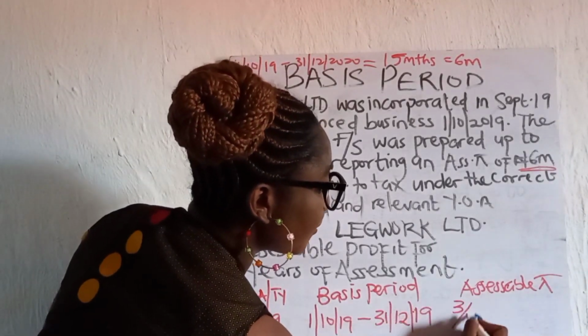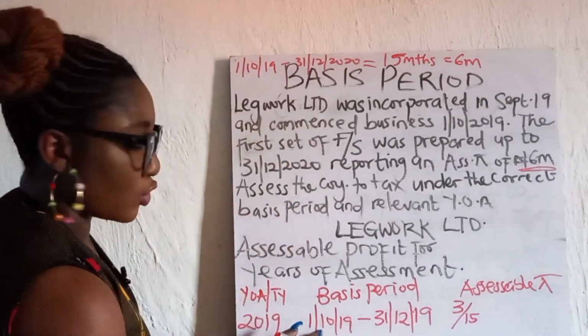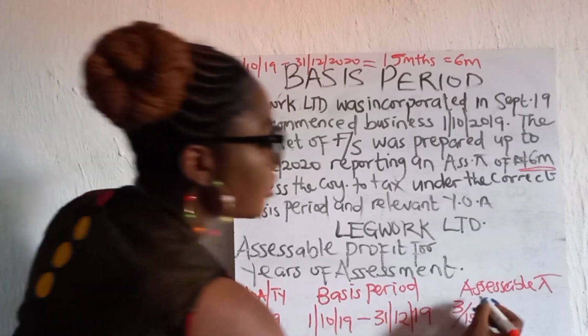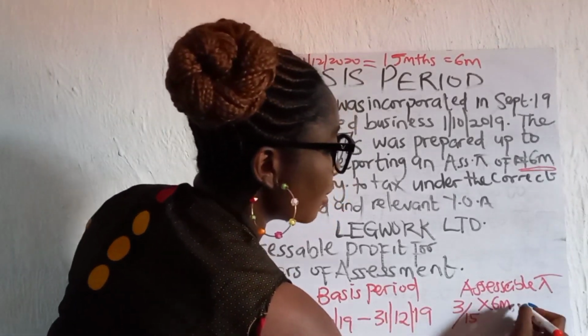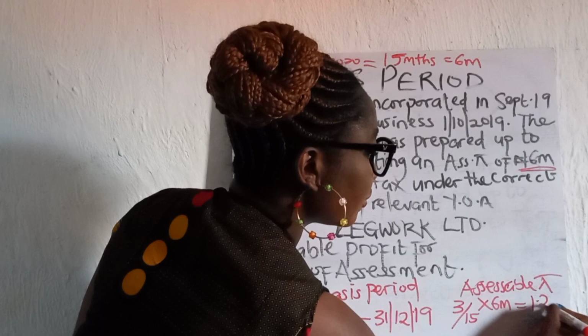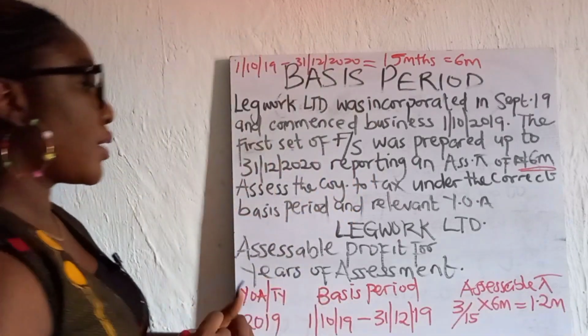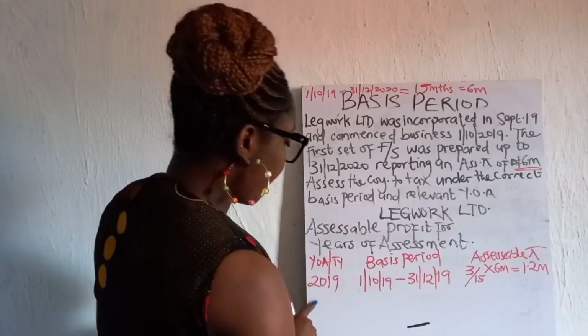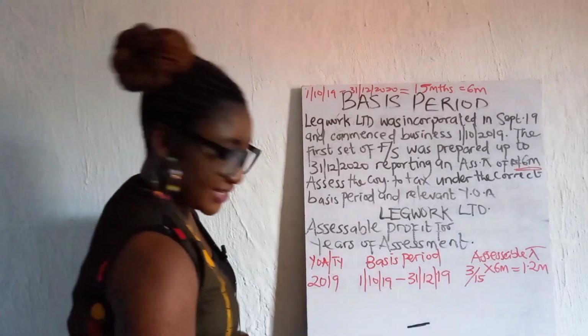So you have 3/15 because you're looking for 3 months: October, November, December. 3/15 times 6 million is 1.2 million, right? So 1.2 million naira. Then here, what do you write next, right? You write